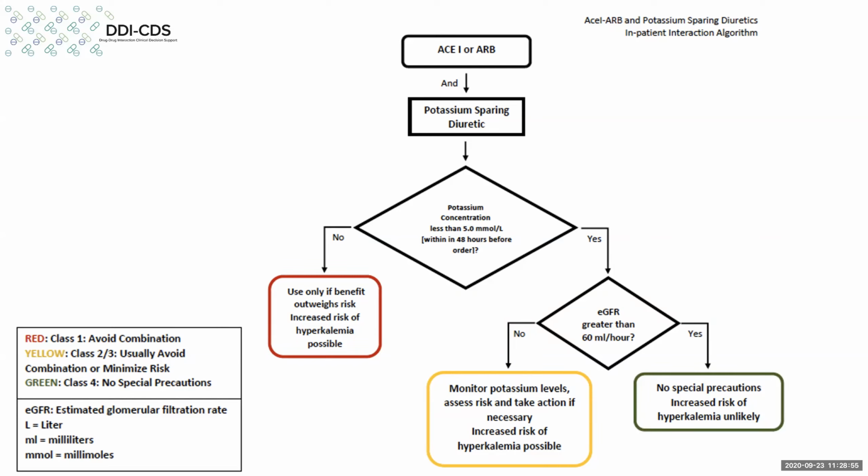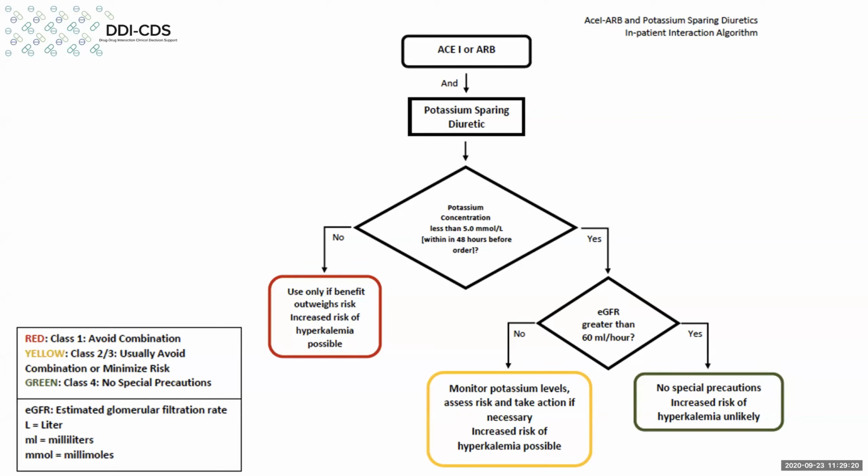So this is an approach where you can change the values. You can change your potassium concentration from 5 to 5.5 or 4.5 or whatever you'd like to put in there. We think 5 is reasonable based on what's in the literature. But that's a number that could easily be altered. The eGFR, 60, 70, 40, 30, you could come up with some number.